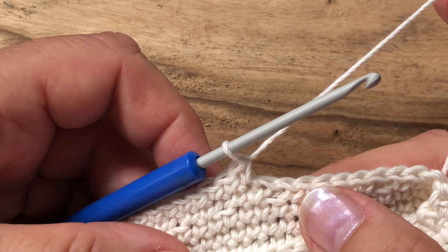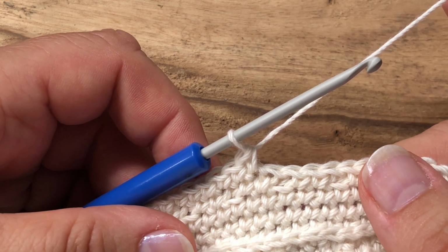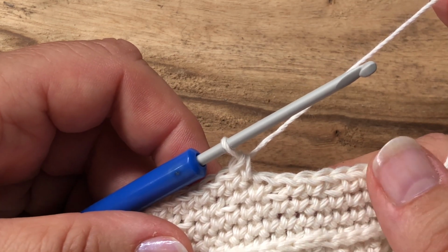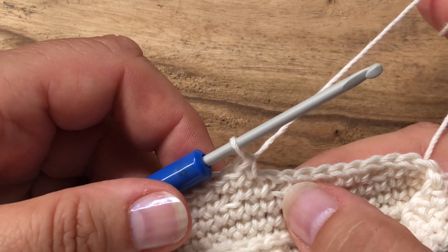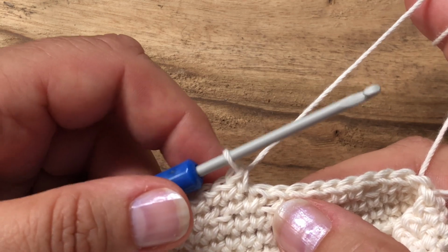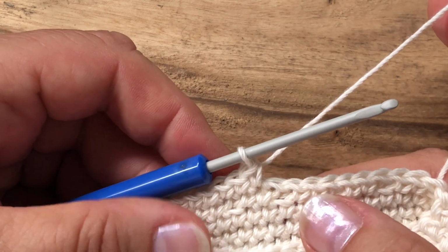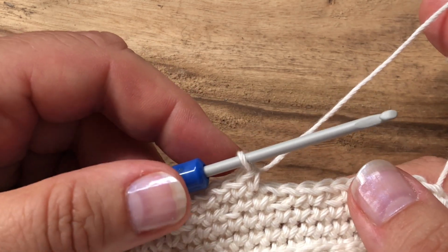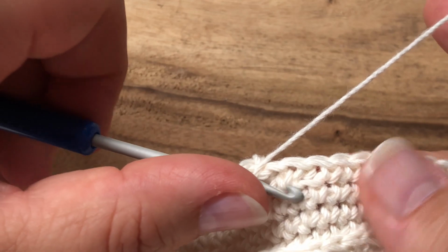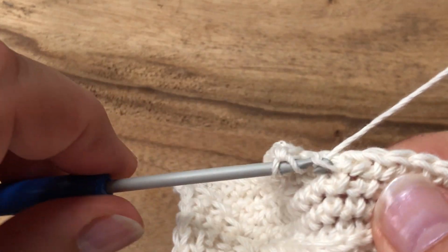And if you look at the pattern or at the chart, you will see that there is an option, instead of working popcorn stitches, which is what is suggested, you could also work a cluster stitch. And I'm going to work a popcorn stitch here, and I work it with 3 double crochet. But if you want them bigger, you can make 4. Just be aware that maybe you need more yarn if you work 4 DC popcorn, or even if you work a 4 DC cluster. So I'm going to work into this free front loop here, and to make the popcorn